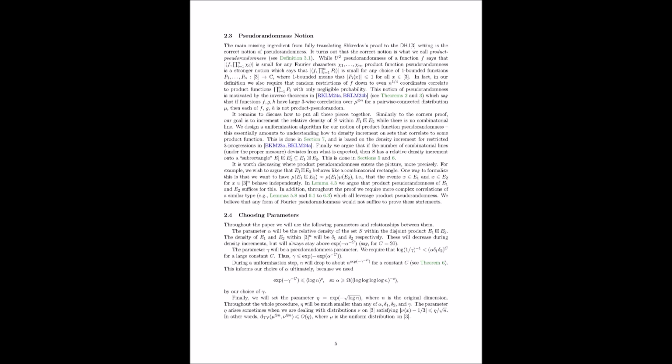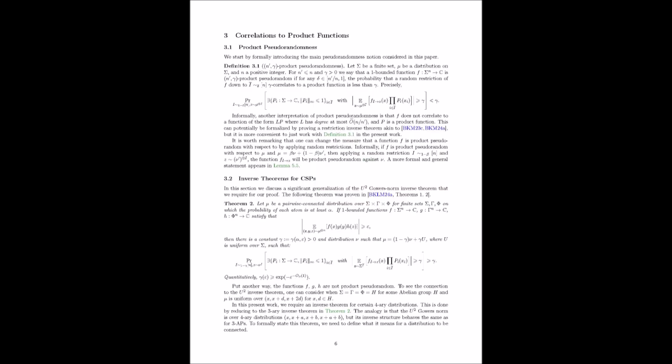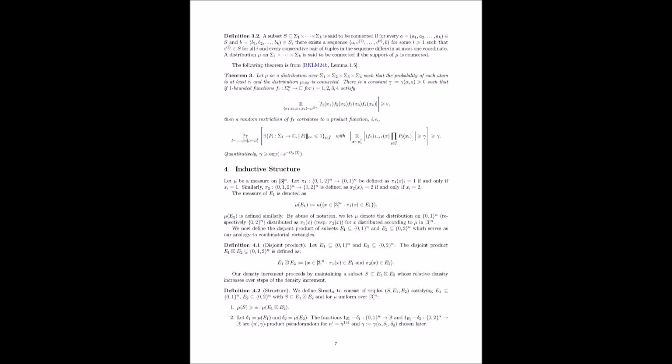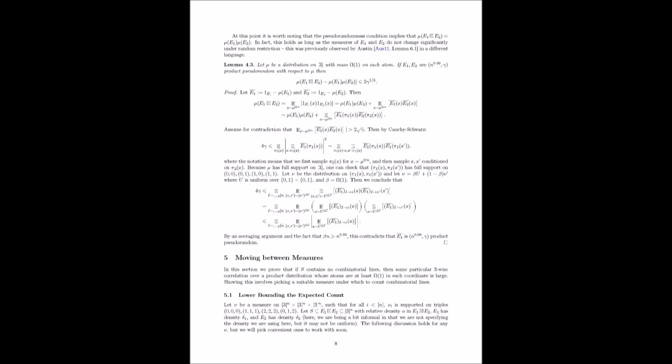It's a technical definition, but the intuition is that it allows them to establish conditions under which those powerful inverse theorems can be applied. So it's like they're creating a mathematical dictionary, translating concepts from one problem into the language of another. That's a great way to think about it. They're finding a way to map the ideas and tools that worked for the corners problem onto the terrain of DHJ3. And this is where lemmas 6.1 and 6.2 enter the scene, providing the groundwork for Theorem 4, the heart